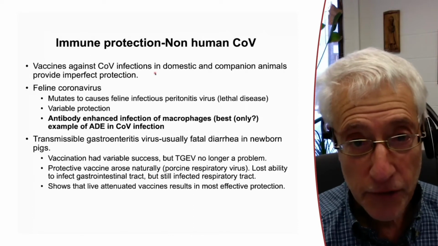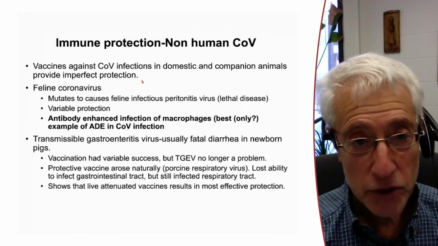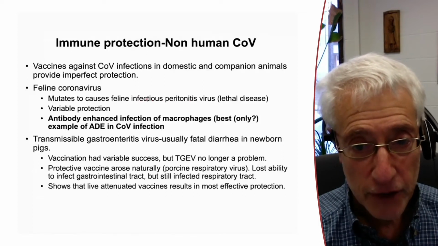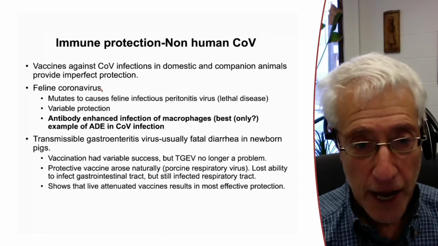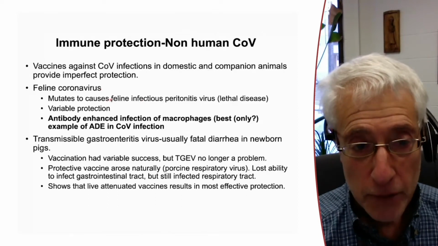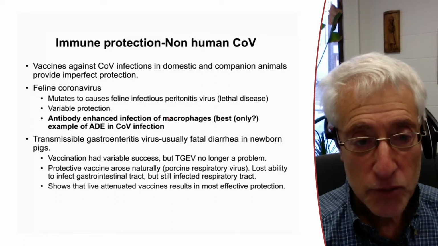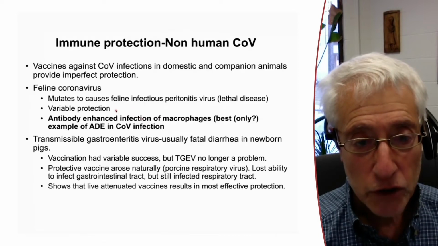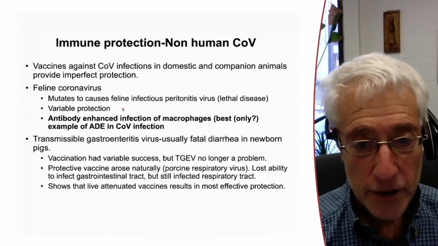So the vaccines have been developed, as I mentioned earlier, for these domestic and companion animal infections. And one of the things that's really common is protection was imperfect. So one of the first ones that was examined was feline infectious peritonitis virus. I didn't mention this one earlier, but this virus normally causes just diarrhea in cats, and at that point it's called feline coronavirus. But some cats become persistently infected. And during the course of persistence, the virus mutates, and as the virus mutates, it can now infect macrophages. So this is the only situation I know of in coronaviruses where one can clearly show that antibodies will enhance infection, because this is similar to the other well-known entity of antibody-enhanced infection, which is in dengue fever, where antibody